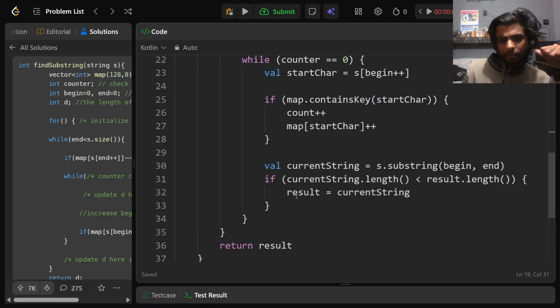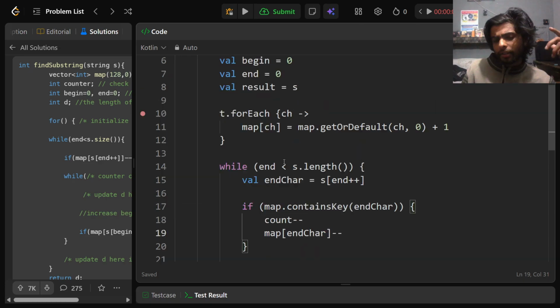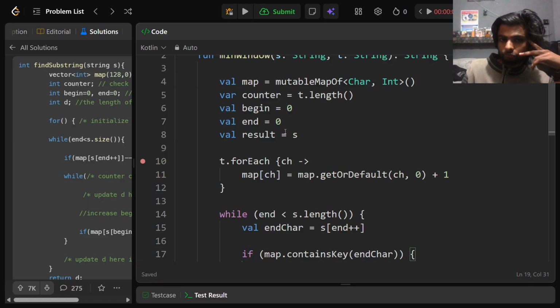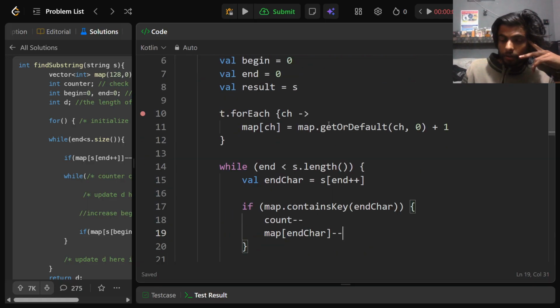I think we did something here. I think there needs to be some more code here, but I'm not sure. I can't remember the end character found. Count minus minus. Count is initially t's length,